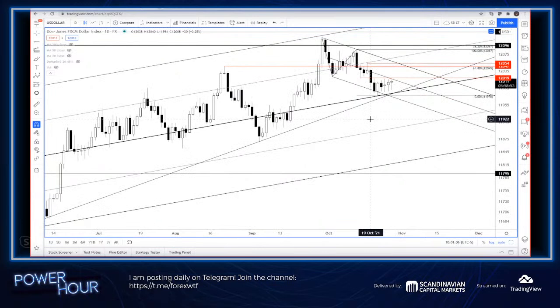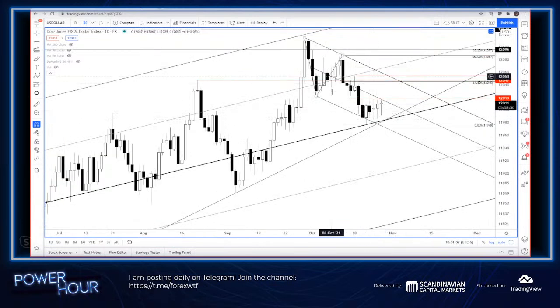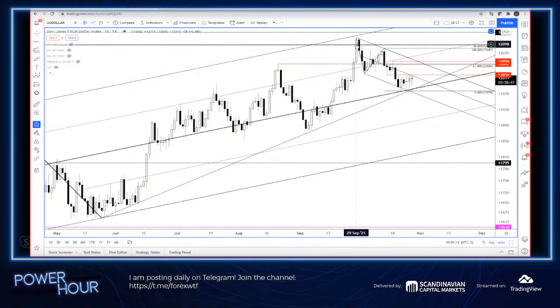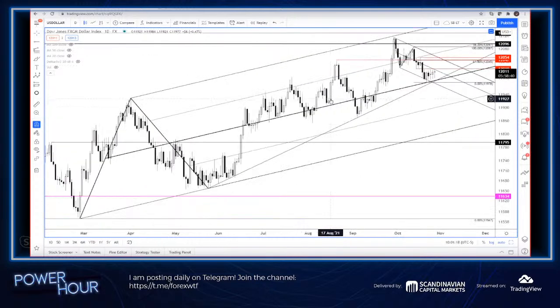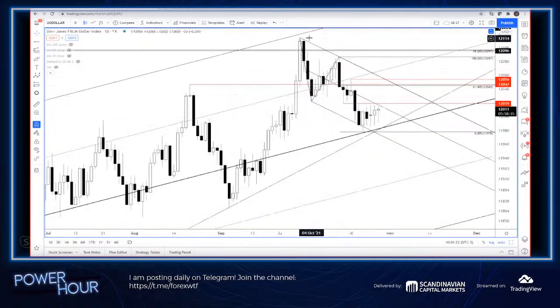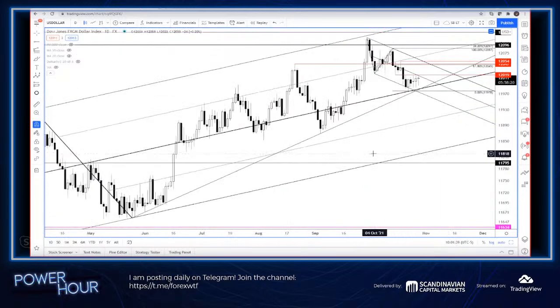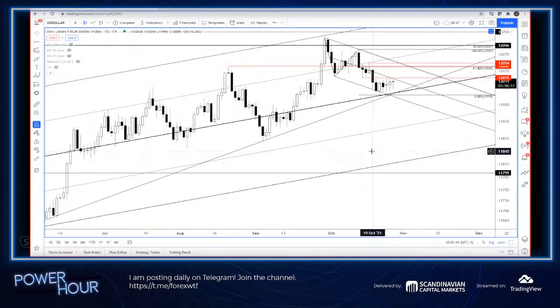The reason you'd want to pay attention to that 618 is if we did roll over, if that September 29th high is the next high in what could be a bigger down cycle for the buck, then the wave count would go something like 1212, and you'd be expecting us to reverse or find the next high near that 618. So it's really a holding pattern, a wait and see for now with the dollar.